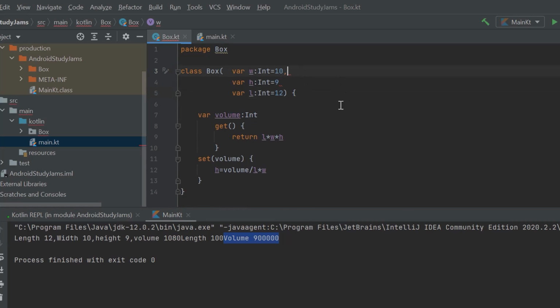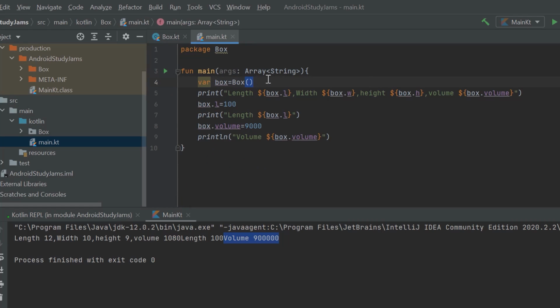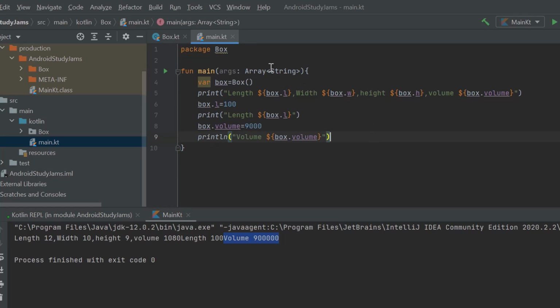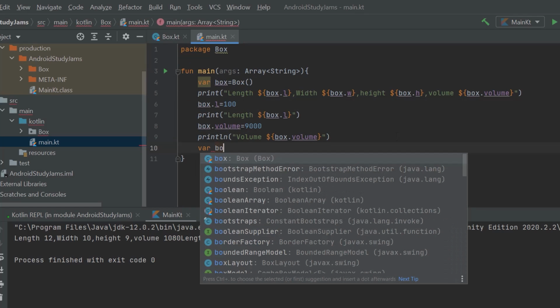Okay, we have to add commas between them, obviously. What did I do just now? I just made them as a constructor. You can see, okay, the default constructor is still running, and I basically added a parameterized constructor with default values 10, 9 and 12. Okay, now if I want to use this one, what I can do, I can make var box